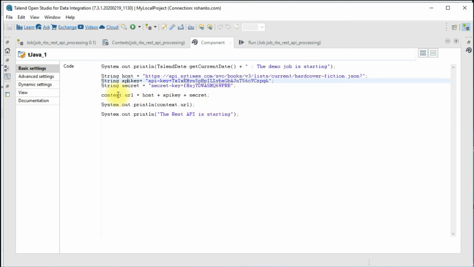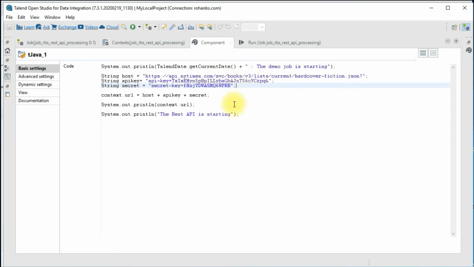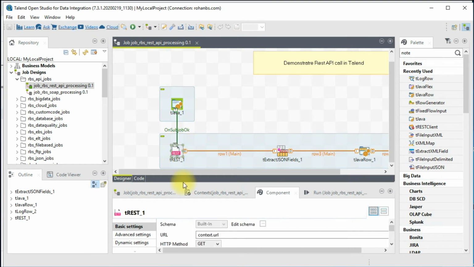So once you have these three parameters ready, all I'm trying to do is I'm constructing a URL starting with host and then the API key and then the secret key. And then we'll just print the URL, and then we'll continue with this REST. So the URL contains the host name, API key, and the secret in just one line.